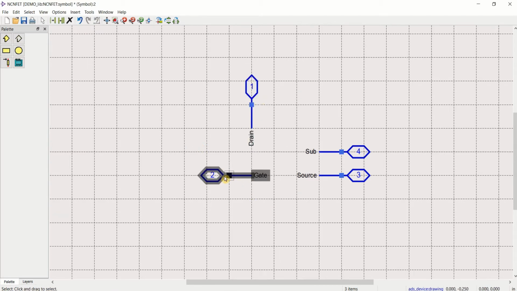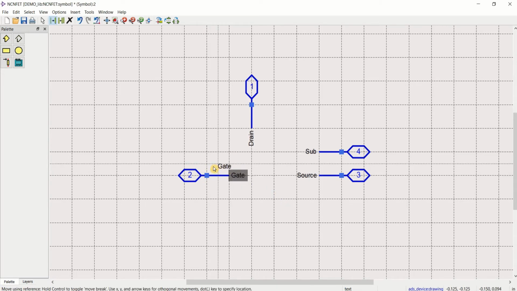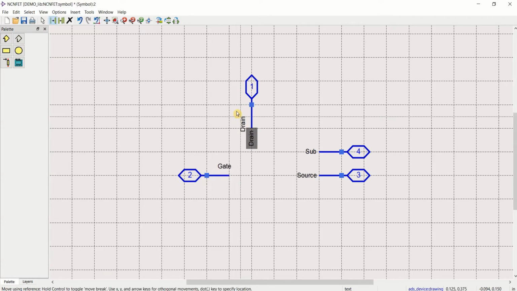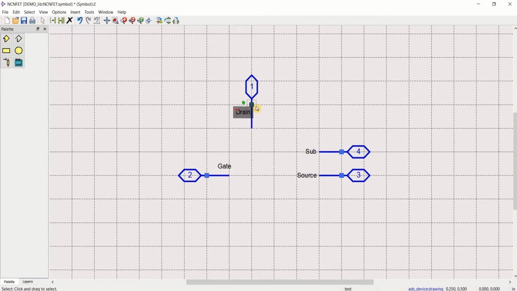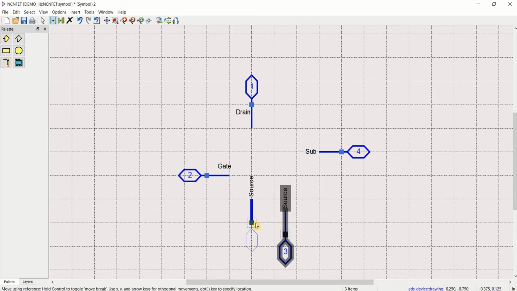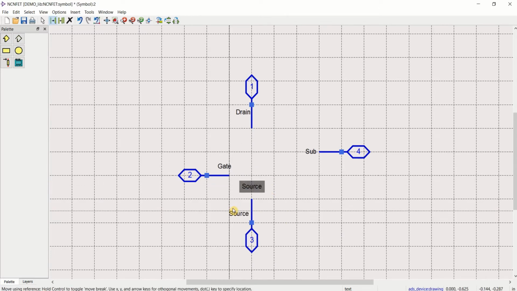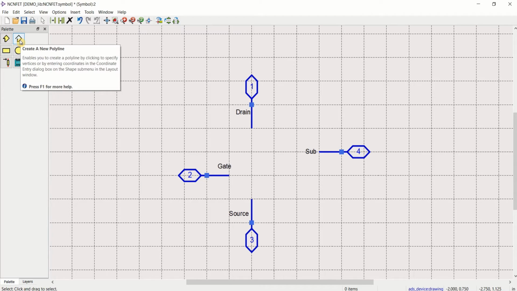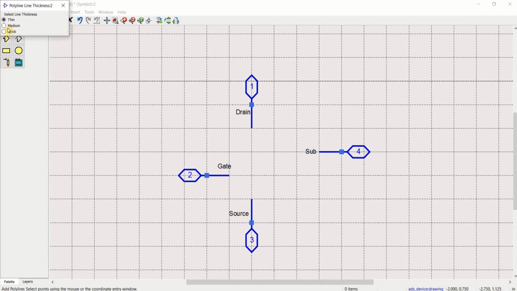This is for the gate. You can move this based on your requirement. And the source at the bottom side, use Ctrl R. And this is the substrate. Try to use the polyline. Click on this. Select the medium.